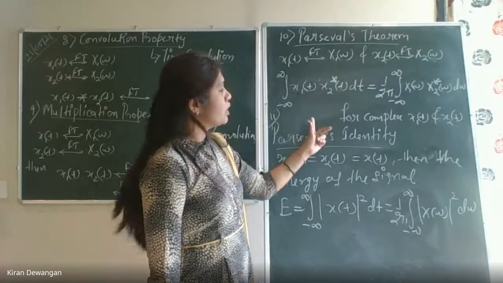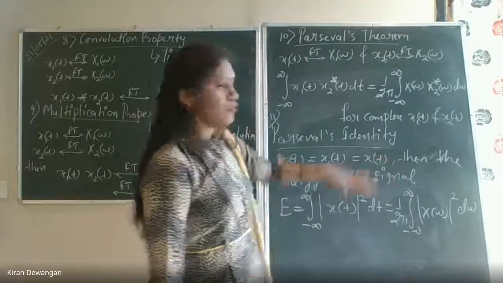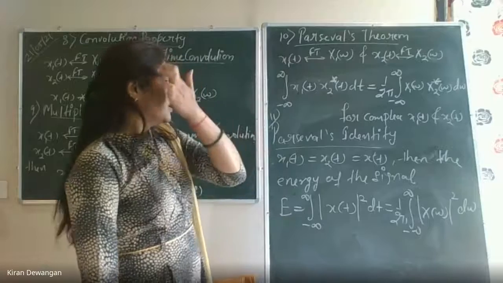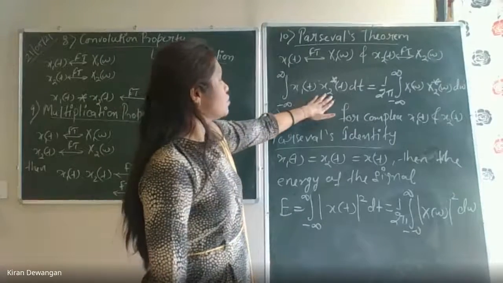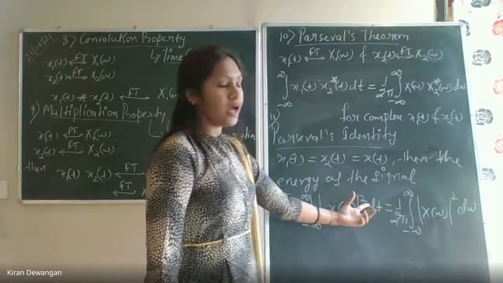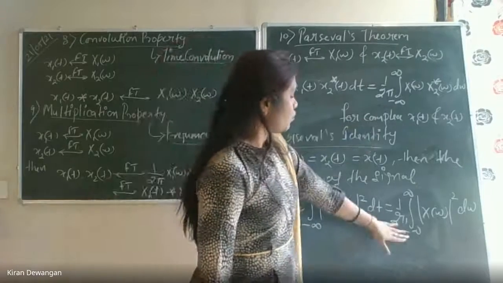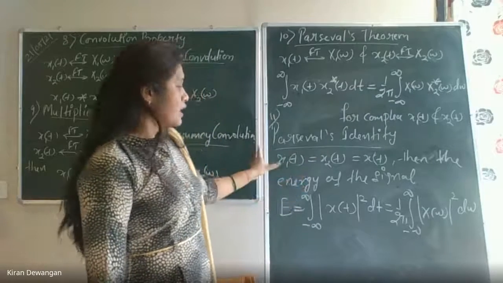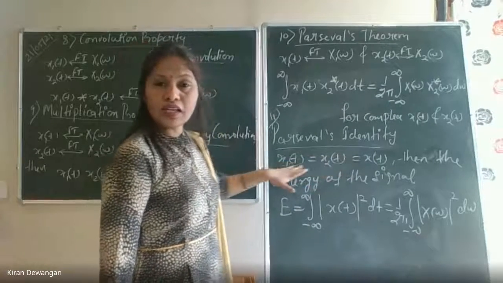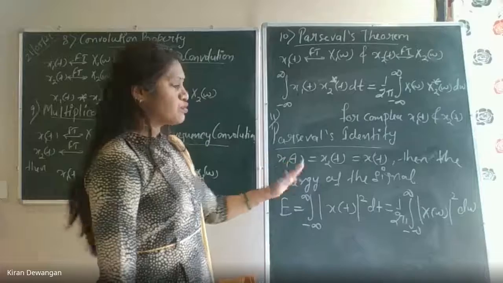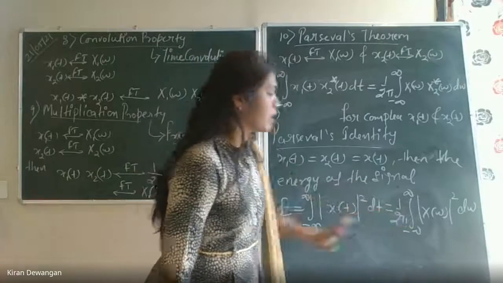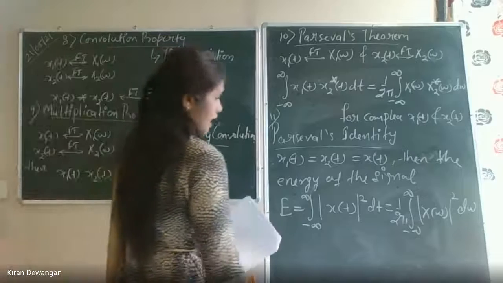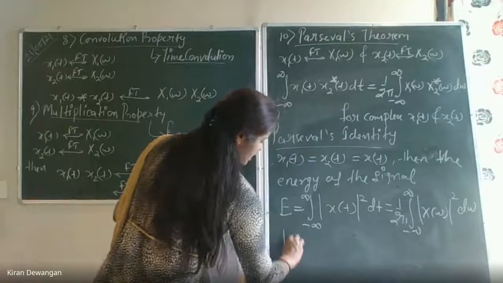Even if there is a conjugate, it will be the same. So that is just a form of it. This is the identity of Parseval's theorem. Okay? So here x1(t) x2(t), we took the mod and that becomes a square. And on that side also it is 1 by 2 pi, integration from minus infinity to infinity, of mod X(omega) squared. If x1(t) and x2(t) are both x(t), then definitely their Fourier transforms will also be the same. That will be X(omega). Okay? So that is Parseval's identity, and mod of X(omega) squared